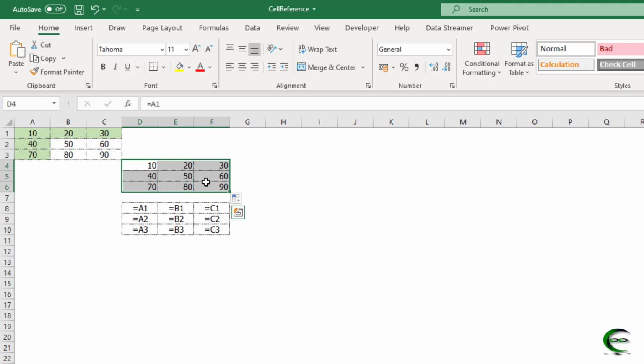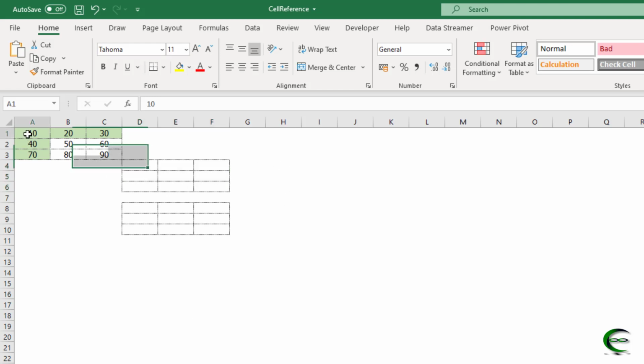But in some scenarios we may need to use a single cell like A1 to multiply the whole table. For example, for calculation of tax, we may need to multiply the complete cells with a single cell. So what if we need to pick only one cell from this complete table?